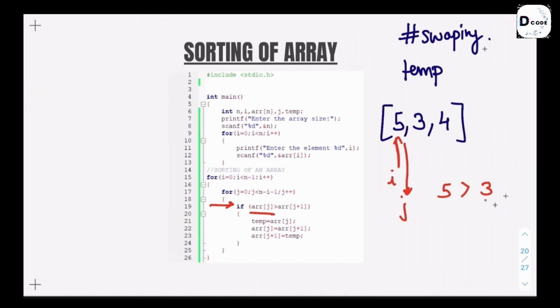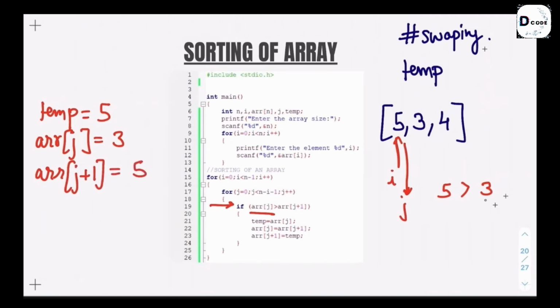Now this is true, so it will go inside the if and execute the statements. Temp variable will store array of j. What is array of j? Array of j is 5. And array of j will store array of j+1, which is 3. And array of j+1 will store the temporary variable, that is 5. Now, what will be the new array? The new array will be 3, 5, 4. You see how these two elements have been swapped? This is how swapping is done, and the loop will continue till all the elements are arranged in